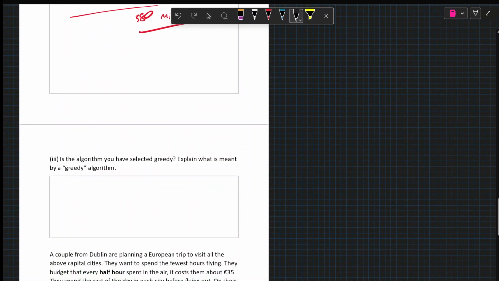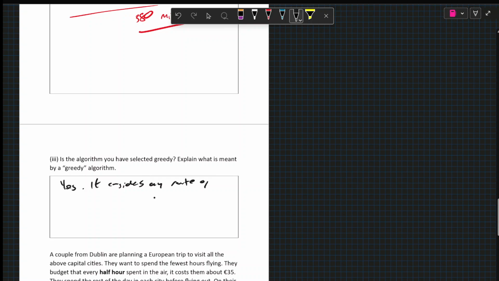Is the algorithm you've selected greedy? Explain what's meant by greedy. So a greedy algorithm, one of the best analogies I read about it, is that it's like a child who eats just whatever they want without considering what's going to come later. So yes, it considers